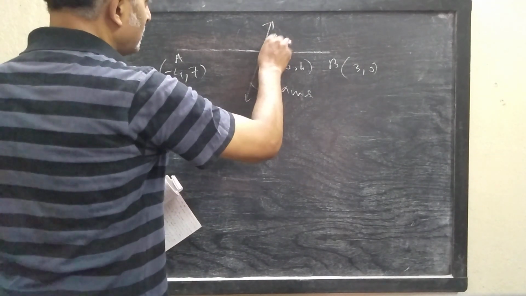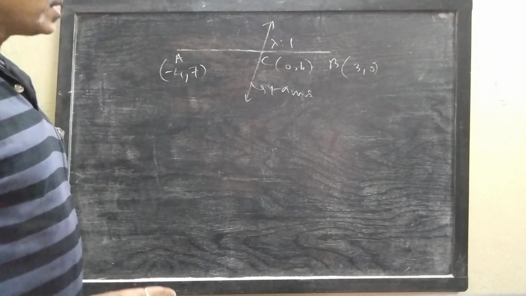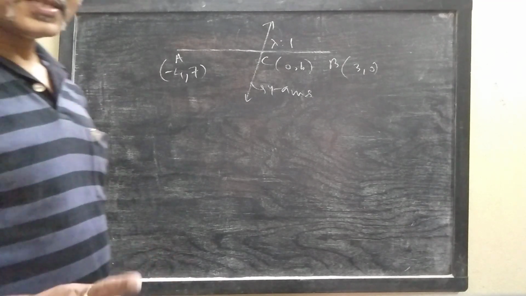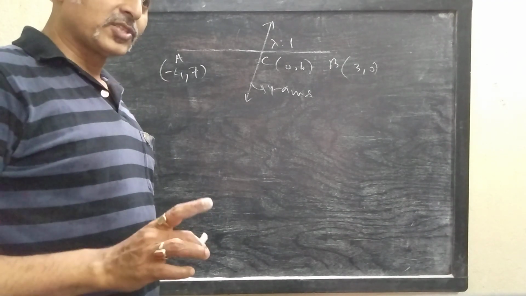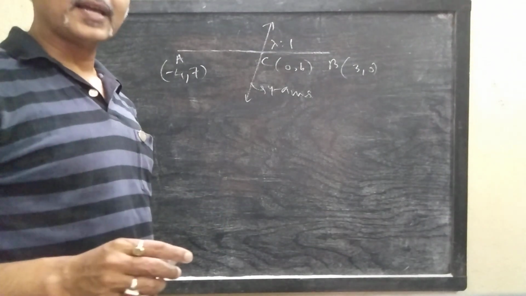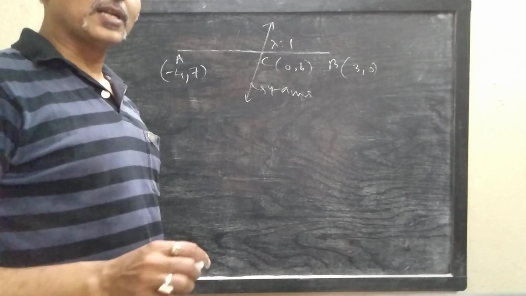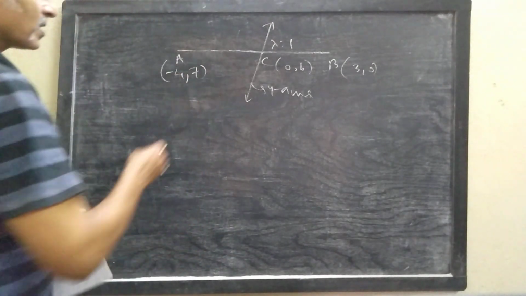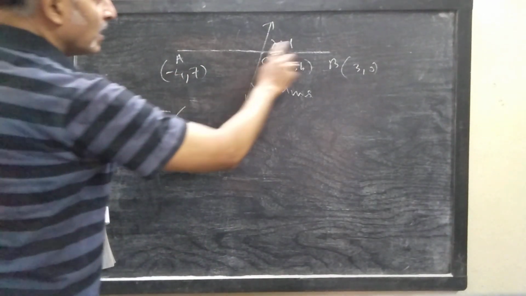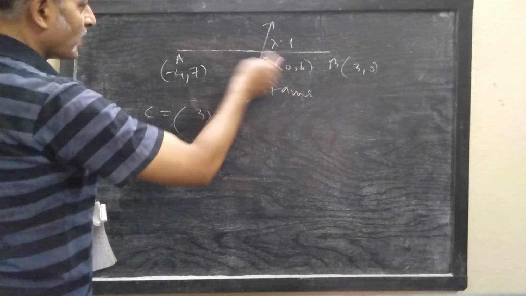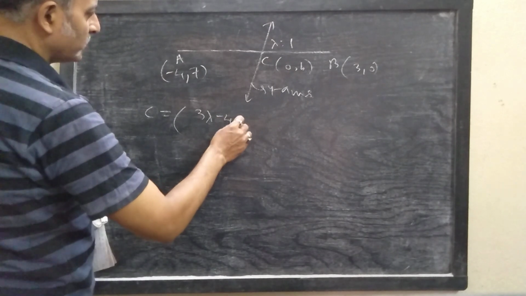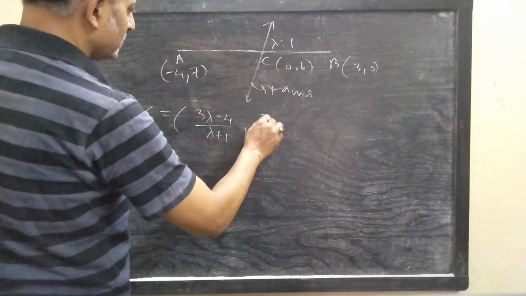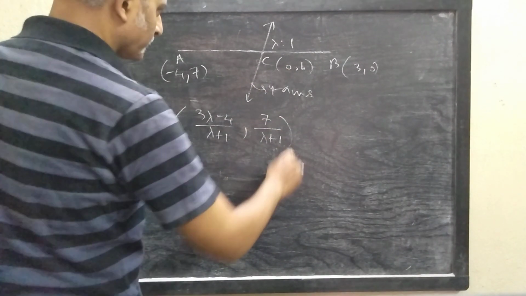So first let us consider that line segment AB is divided by the y-axis internally in the ratio lambda is to 1. Always assume it internally. If it actually is externally, then you get the value of lambda negative. When you find the value of lambda negative, your conclusion will be that the point of division divides the line segment externally. Okay. So coordinates of C will be lambda into 3, that is 3 lambda, plus 1 into minus 1, that is minus 4, by lambda plus 1, then lambda into 0, that is 0, plus 1 into 7, that is 7, by lambda plus 1.